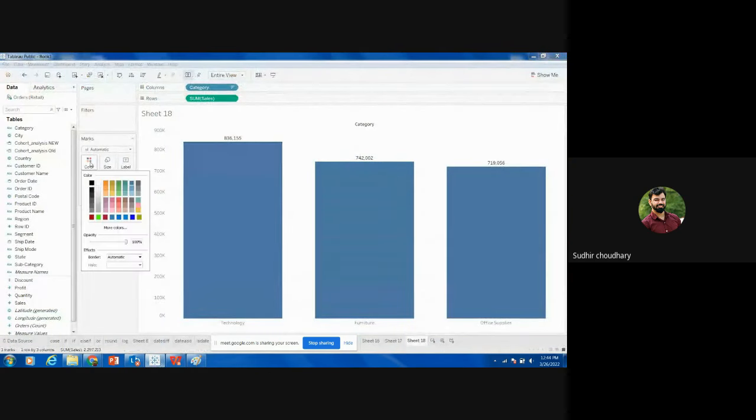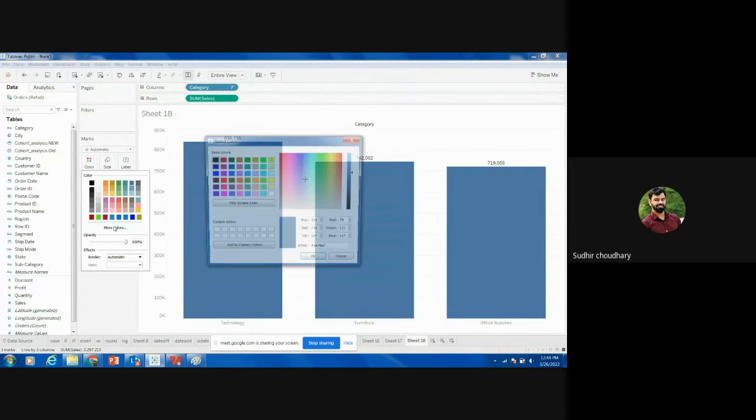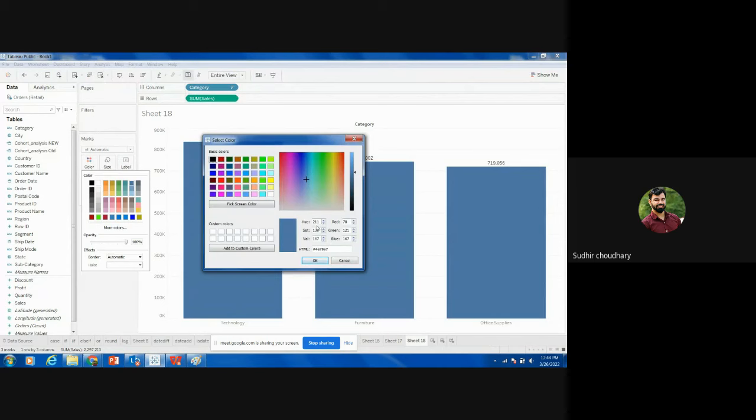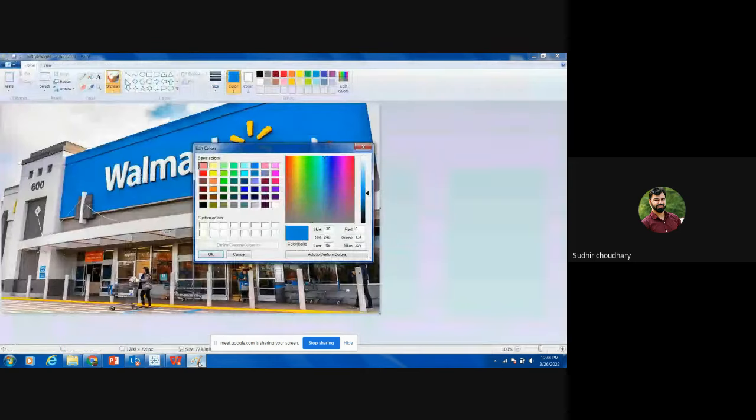We have to go here. We will click on this more color, and we have to type this. Can you tell me the values? See this: 0, 134, 226.